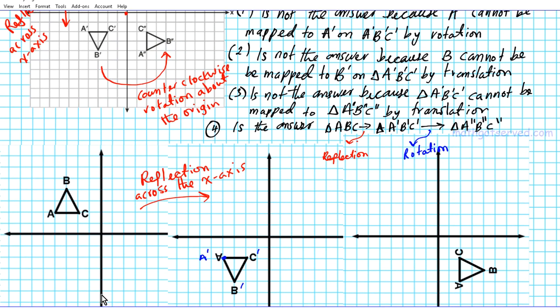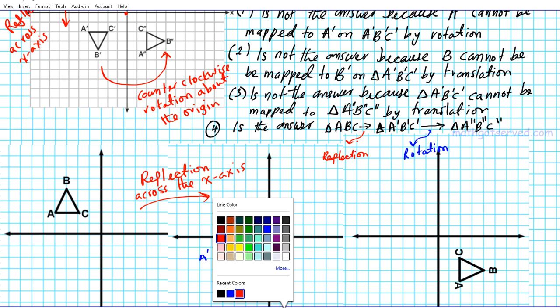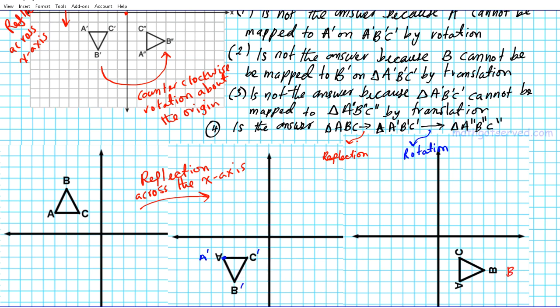Exactly what we want. Okay, so here we have B double prime. Let's mark it up. This is B double prime. This is C double prime. And then this one right here is A double prime. Okay, so you have A double prime, B double prime, C double prime in exactly the same configuration as this